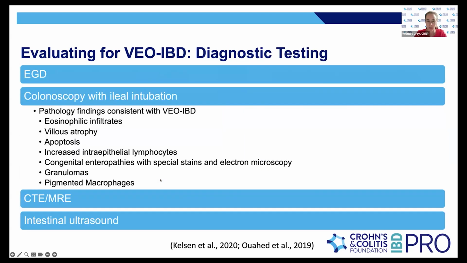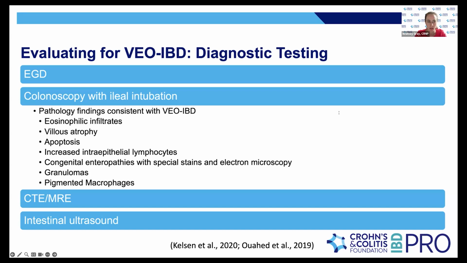So kind of moving on from that initial evaluation in the exam room and the initial testing, if there's suggestion and concern for IBD, we move forward with the diagnostic testing. So the typical testing that we always do with EGD and colonoscopy with ileal intubation, but the biopsies might give you some insight if there is a monogenic cause. So specifically, apoptosis could be a clue for an underlying genetic defect, villus atrophy could indicate a lymphocytic infiltration. And then, for example, chronic granulomatous disease could be indicated by granulomas being on the pathology.